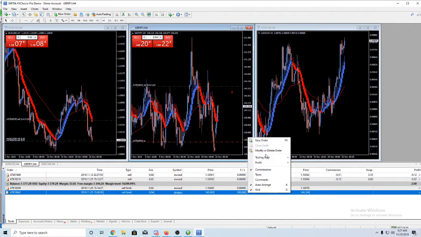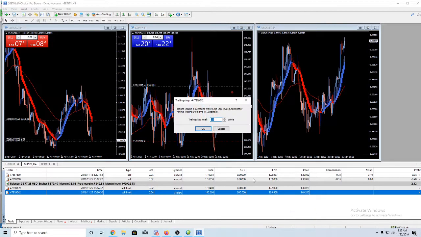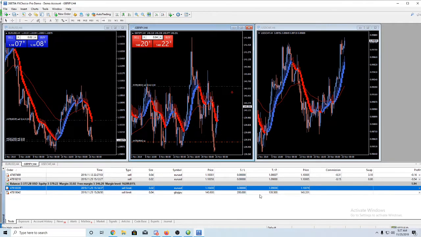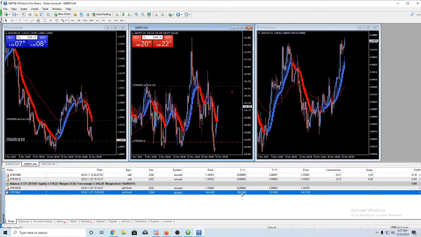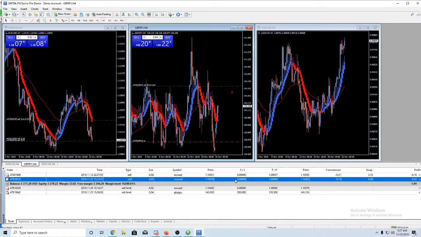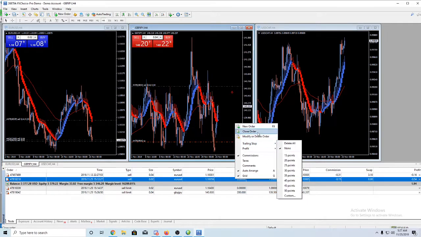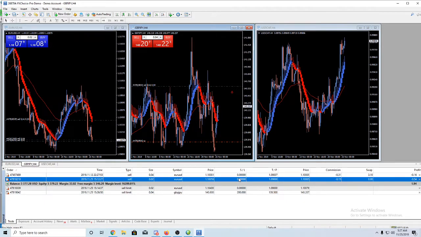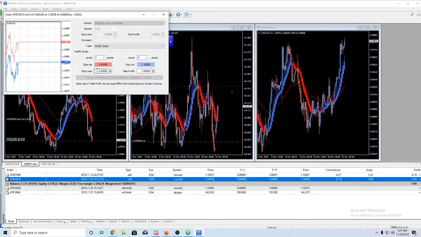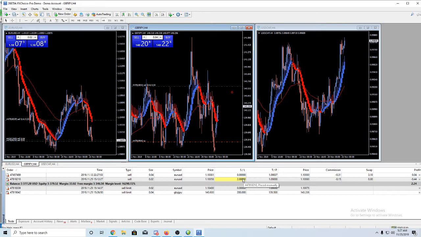So when I come in here and I put, like, a 40 pip trailing stop, when I put that on there, when this trade activates, this is going to turn yellow for me. So I can see that I have a trailing stop on this trade. I also have a little T over here I could look at. So if I do a trailing stop on any of these, let's do 3 pips, and I put a massive stop loss on it so I can see, that turns yellow for me so I can see I have a trailing stop on it. Cool.